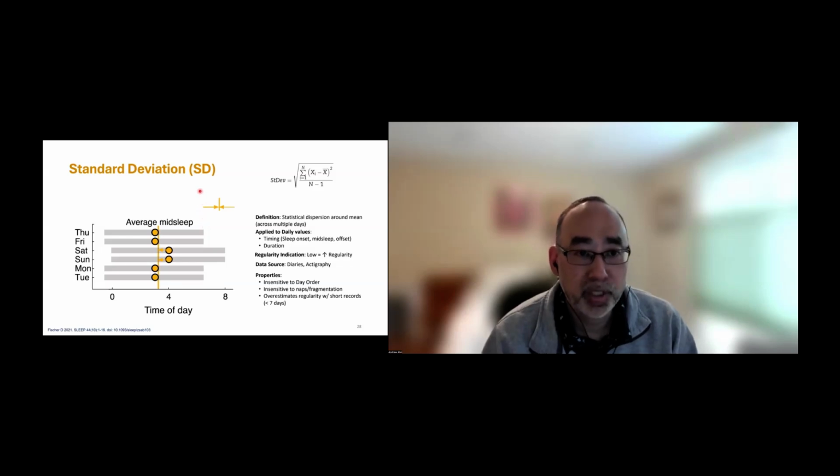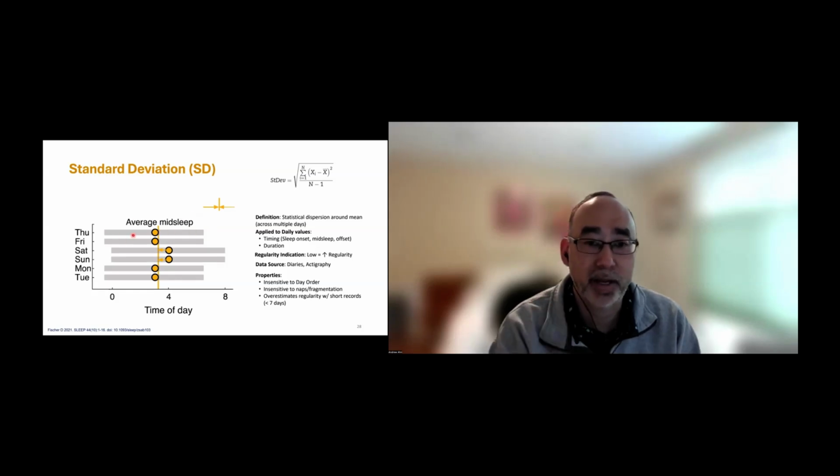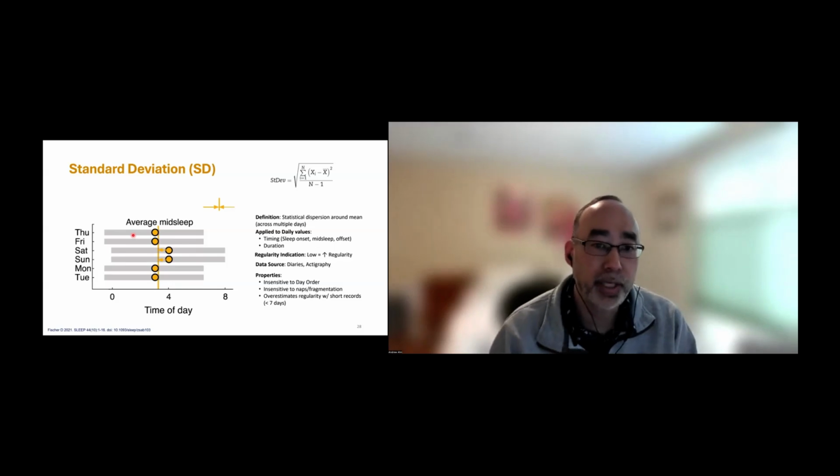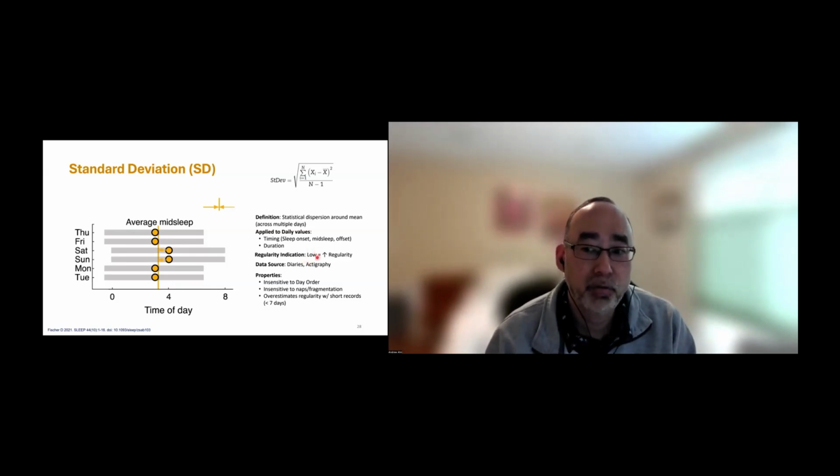Now, you can apply standard deviation to multiple daily values. You can apply this not only to mid sleep, but you could do standard deviation of sleep onset and also standard deviation of offset. And you could do the standard deviation for the duration of the night. So you could use that as a marker as well. Naturally, a low standard deviation value means more regularity. And in order to do this in your study, you could just simply use diaries, although it's probably easier just to use actigraphy so that your study participants don't have to go through the labor of filling this out